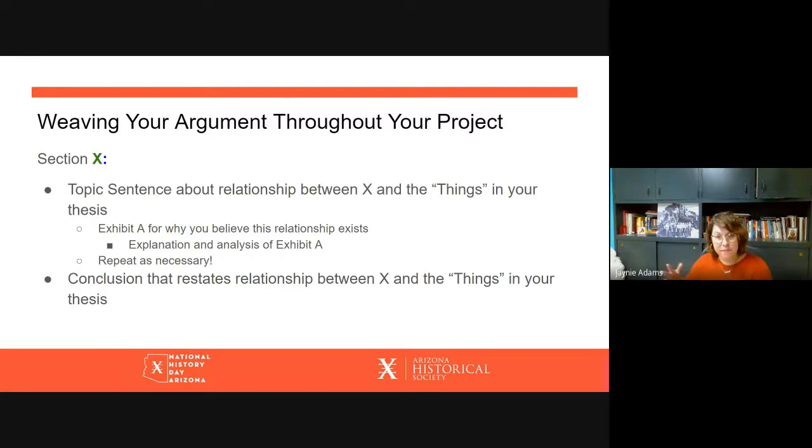And then of course we have to have a concluding statement. So your conclusion restates the relationship between X and the things in your thesis statement. It's really important when you are writing a concluding sentence or a concluding paragraph that you don't include new information. You always just want to keep tying it back. Think about all of these different things as different pretty little ribbons that you can tie that connect back to your thesis statement. Every paragraph has to end with this cute little bow and it connects back to your thesis statement.